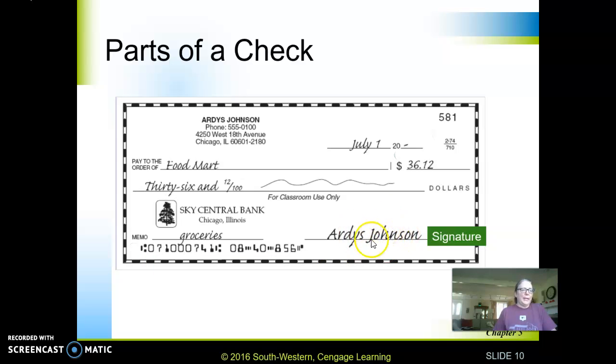Then you sign it. Again, that signature needs to be the same as what's on your signature card. You put the written amount of your check. So I write it out in words with the word "and" in there, and this is the cents, so 12 cents. And then I do the squiggly line over to the dollars because I don't want someone adding words in here. Know that if this written amount is different than the dollar amount that you have up here,